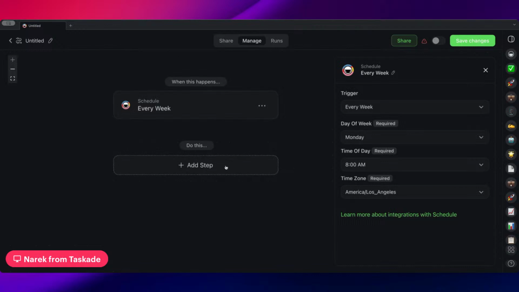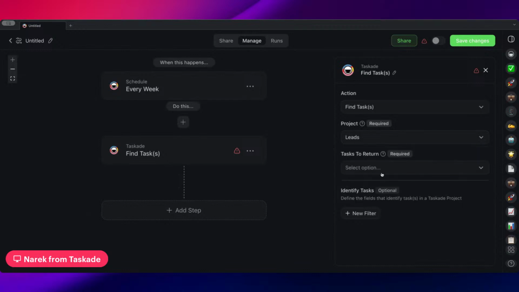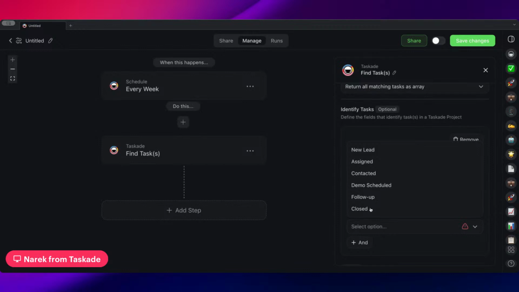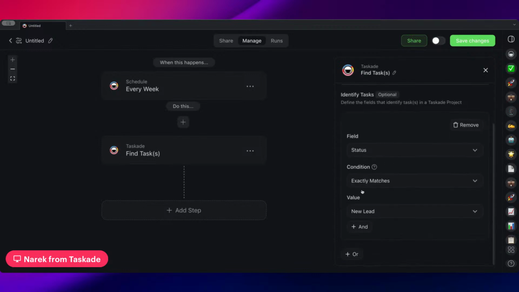So every week, what we're going to do is we're going to find tasks in the project. So let's say my leads, and I'm going to return all matching tasks as array because I want to get all the tasks that have this criteria, right? And then we're going to do identify tasks. For the field, we're going to choose the status field. So make sure you have custom fields set up on your project already, because it's much easier to navigate through this. We're going to say the status field matches new lead. And I want to find all the new leads that came in. And I want to get a report every week for all the ones that are still in this new lead